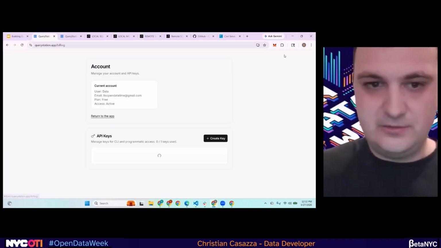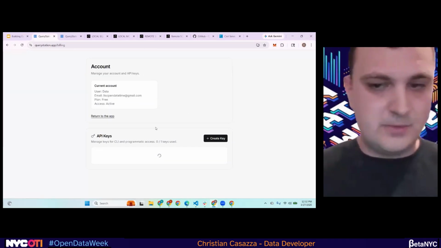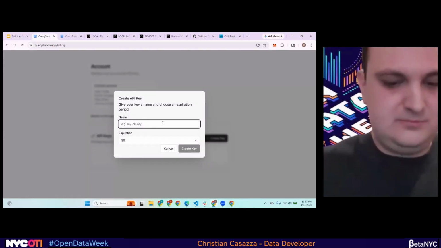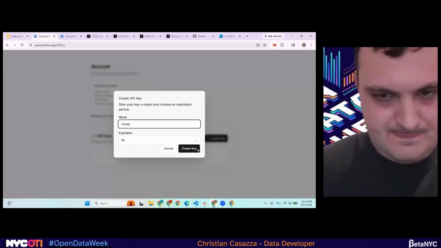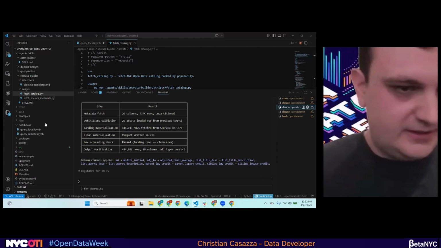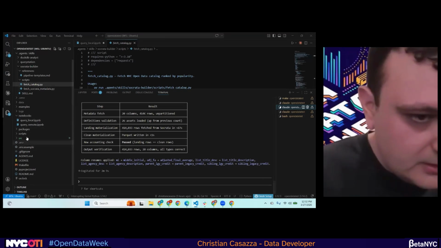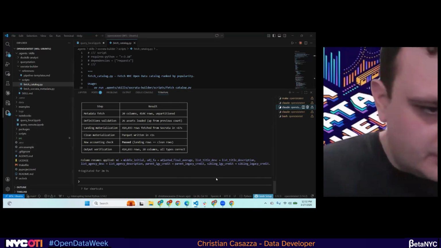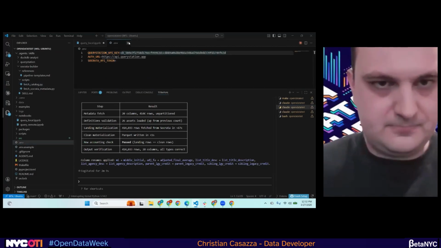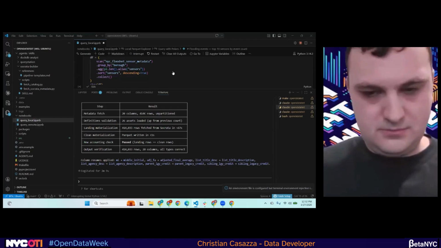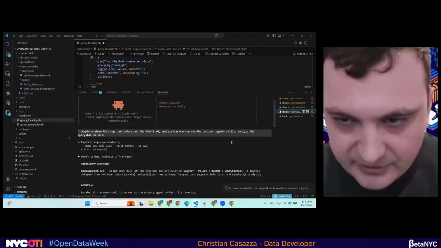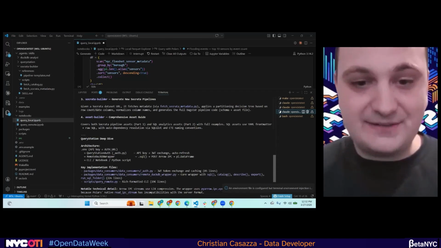Now let me go here. Let's say you still want to use the remote data sets, but you don't want to use the front end. So I'm going to create an API key. I don't care, I'm going to revoke it anyway, so feel free to use that API key if you want. Then in my env file, I'm going to add this here. Now over here, I can use the Query Station skill, and we're going to come back to it.